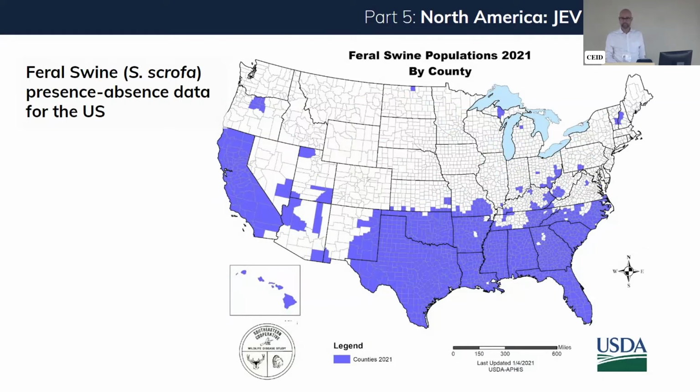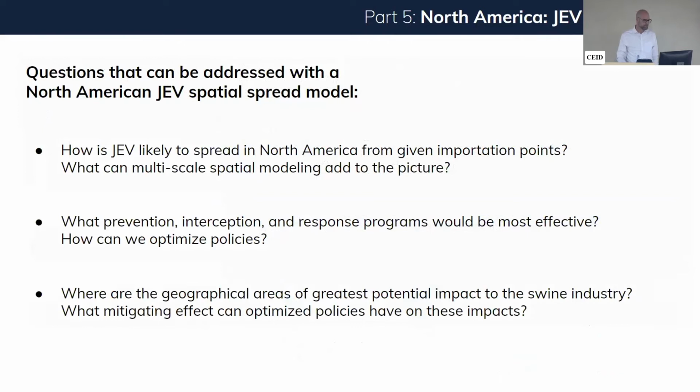One of the ecologically interesting things to me is that I think we need to make a distinction between those ecological communities that are actually amplifying the virus and maintaining it on the landscape and those that are moving it around. And the relative importance of these two things, I think, remains to be quantified. And this is one of those ways in which I think a retrospective model of West Nile virus could be useful to us. So some questions that then could be addressed are these: how is JEV likely to spread in